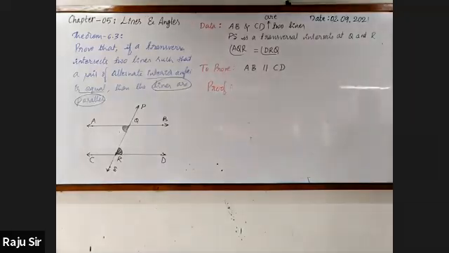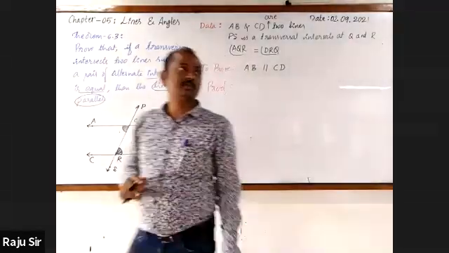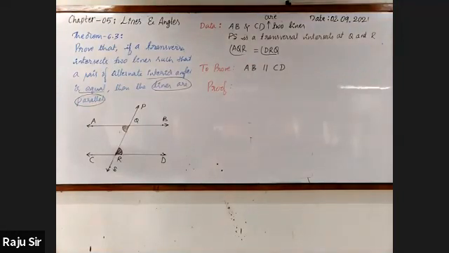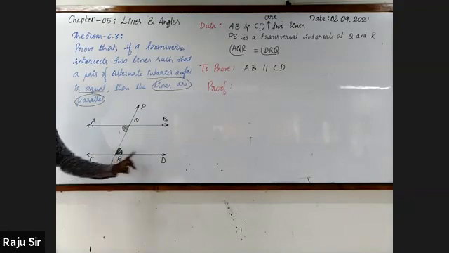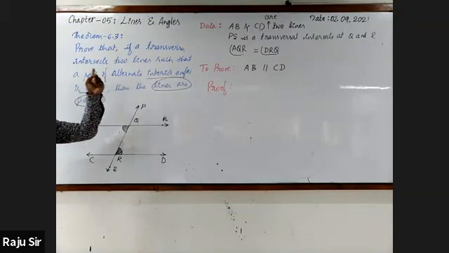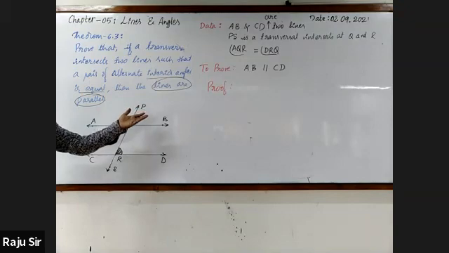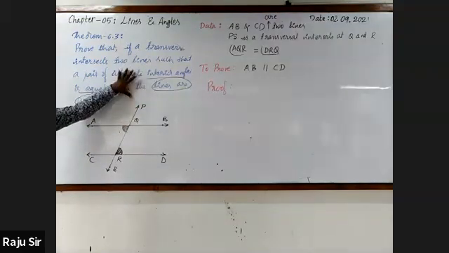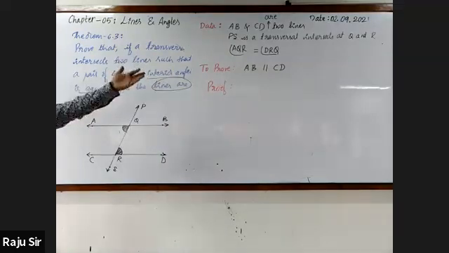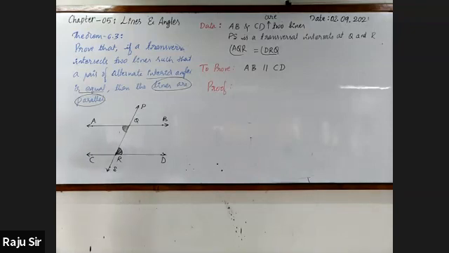Sit down. Now you will stop writing. Just look at it. Look at the book. We know that we are going to prove that AB is parallel to CD with respect to the axiom you come across, the corresponding angles. If the corresponding angles are equal, lines will be parallel. Now that we are using this theorem, you should not go to alternate angles. You should take corresponding angles because that is known.